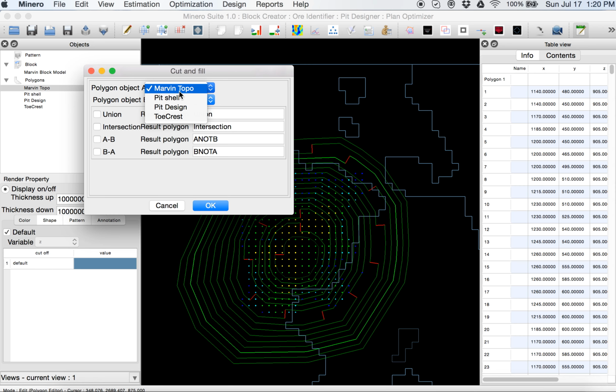So here I will use the Marvin topo, and here I will use the design. I'll use intersection. Using intersection, I'll get the extraction.